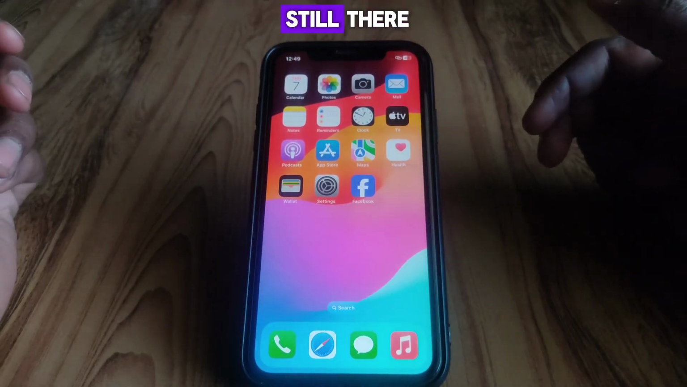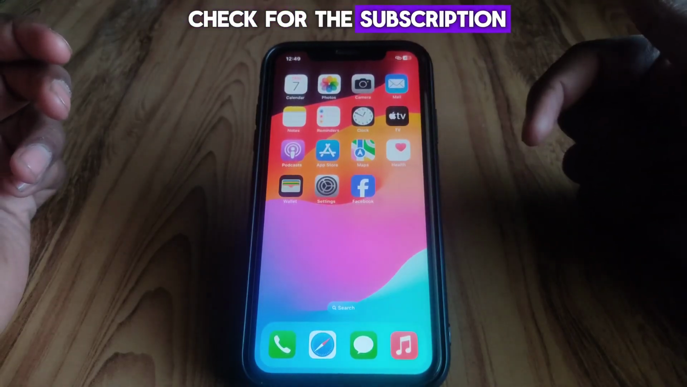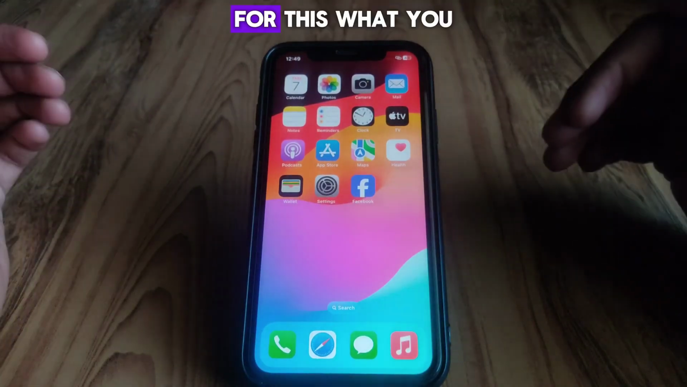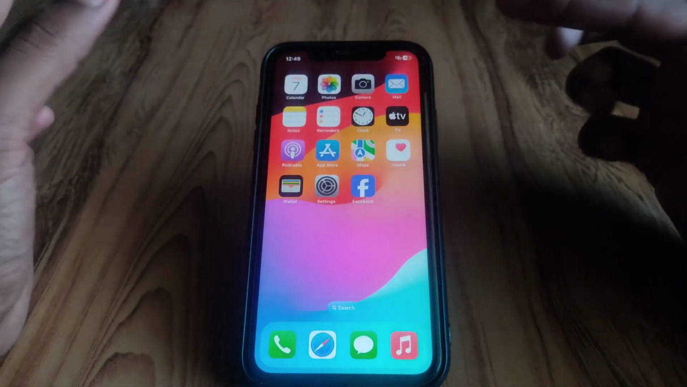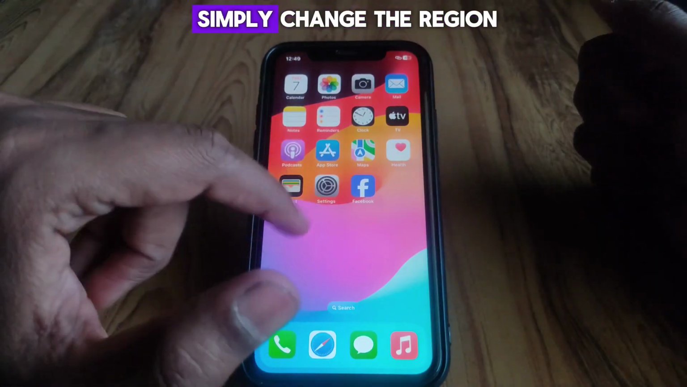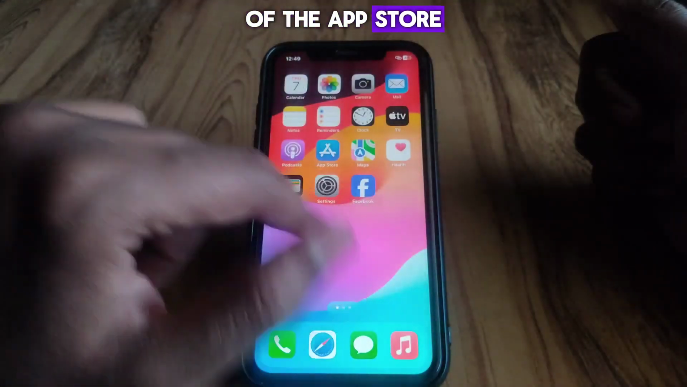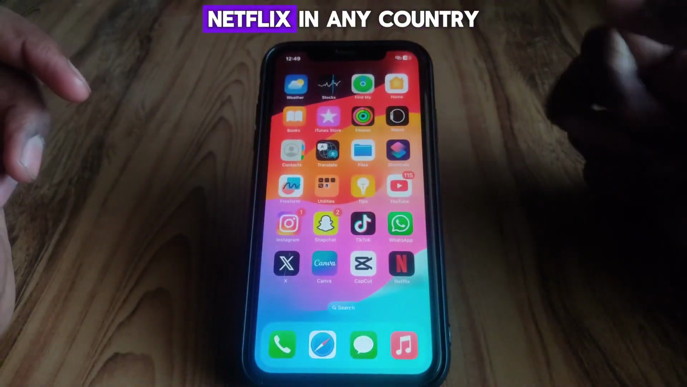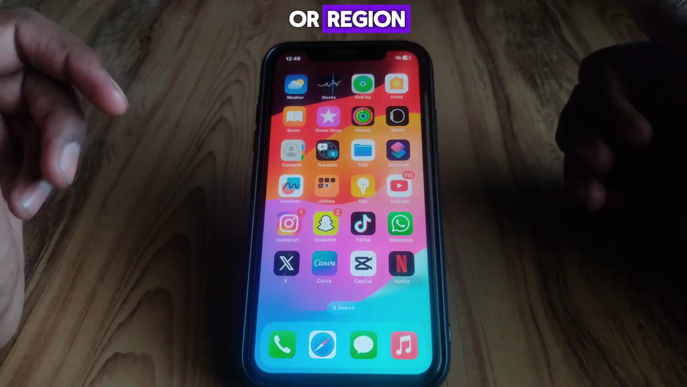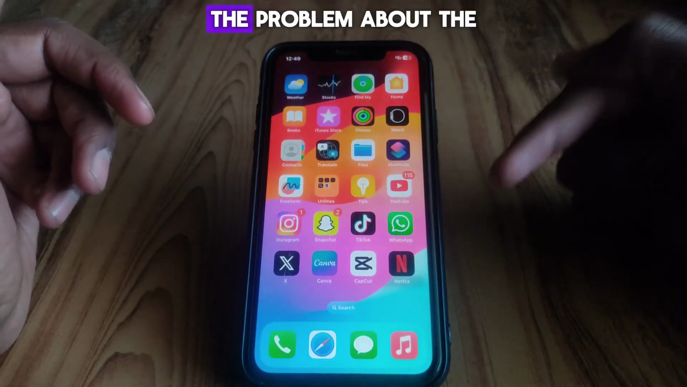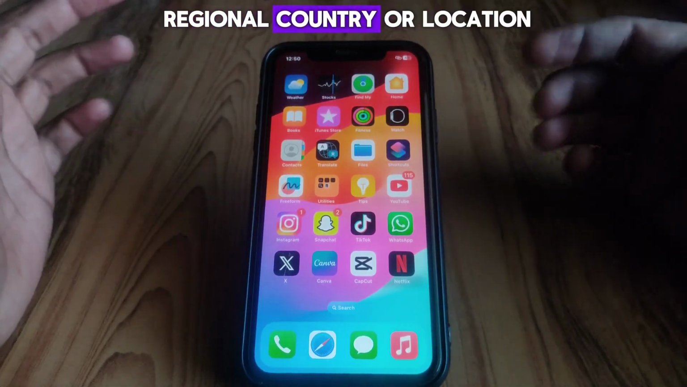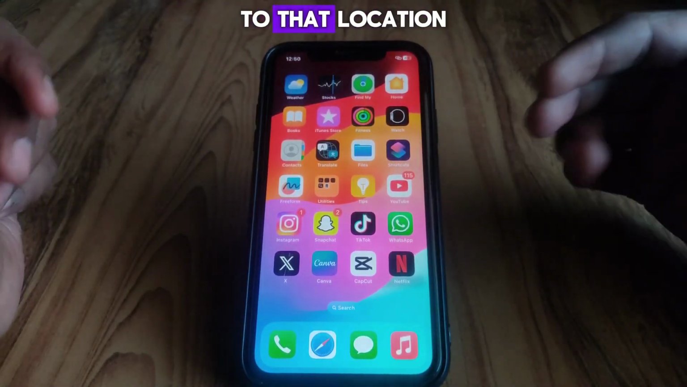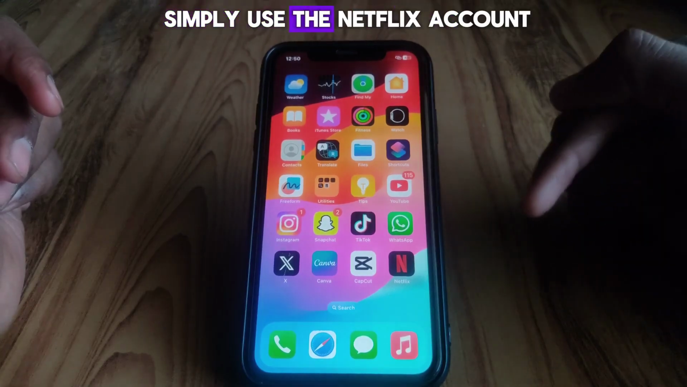If the problem is still there, then you can simply check your subscription, that your subscription is from which country. For this, you have to simply use a VPN, or you have to simply change the region of the App Store or your iPhone, so that you can simply enjoy your Netflix subscription in any country or region. So there is the problem about the region or country or location. So you have to simply change your IP address to that location, so that you can simply use the Netflix